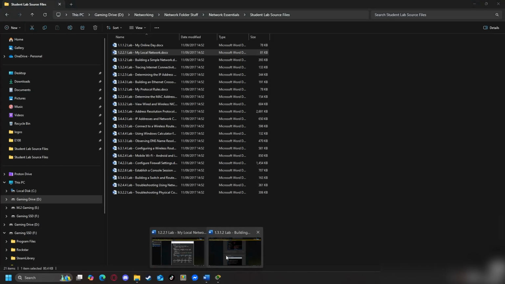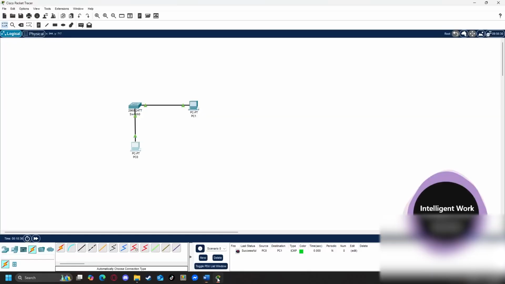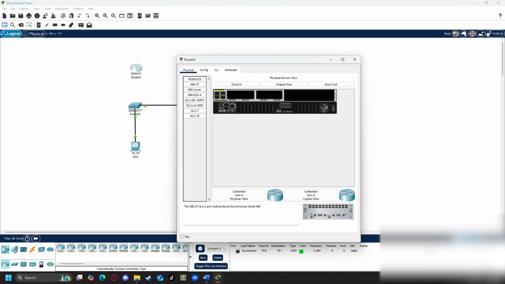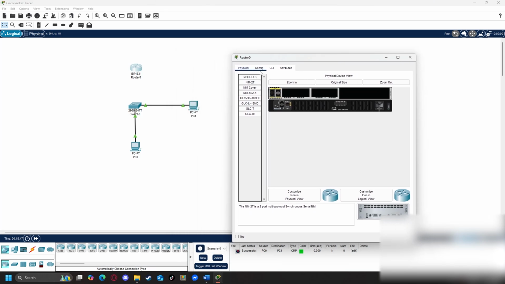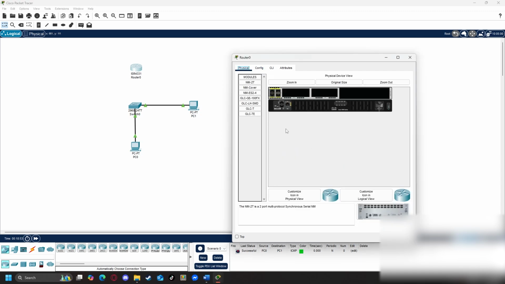So what I'm going to do from here is, considering we've done the first part, I think it's going to be interesting to actually set up the router a little. So I'm going to pick out a router, which will go with this one here. The routers are a little more difficult to configure because I am not going to recommend to anyone to just configure it via this. I personally think you get a lot more experience, a lot more understanding via configuring via the CLI, or command line interface, rather than using a GUI for everything.